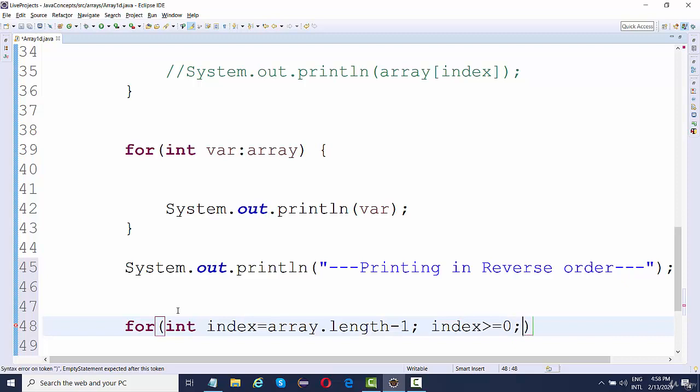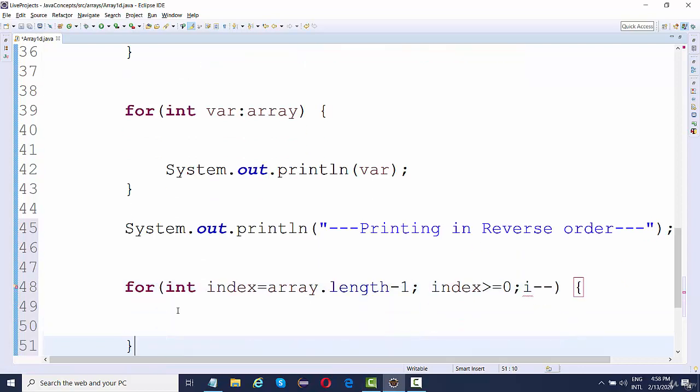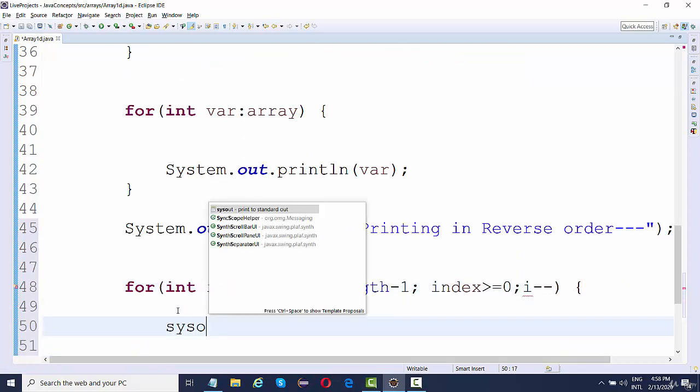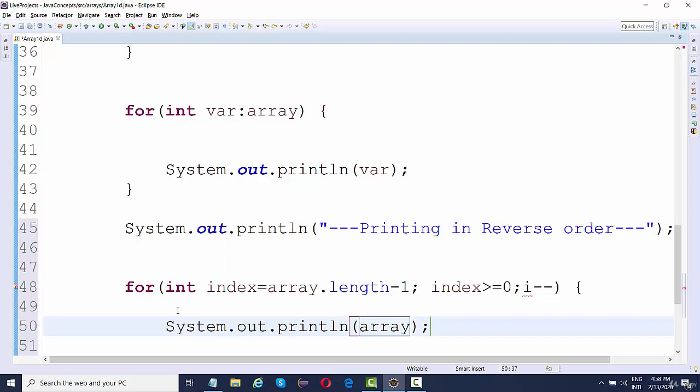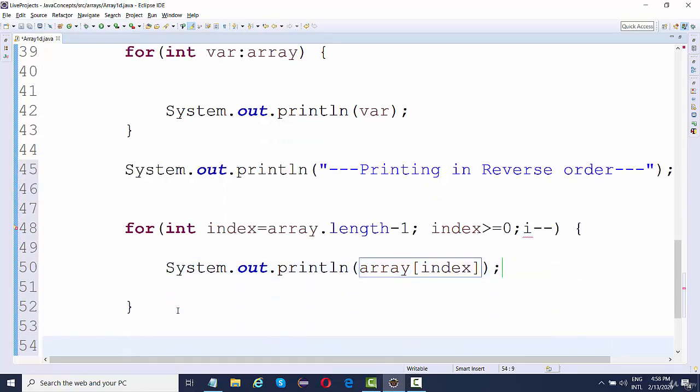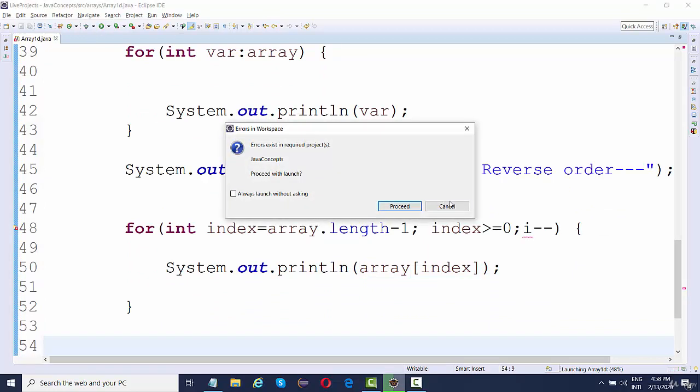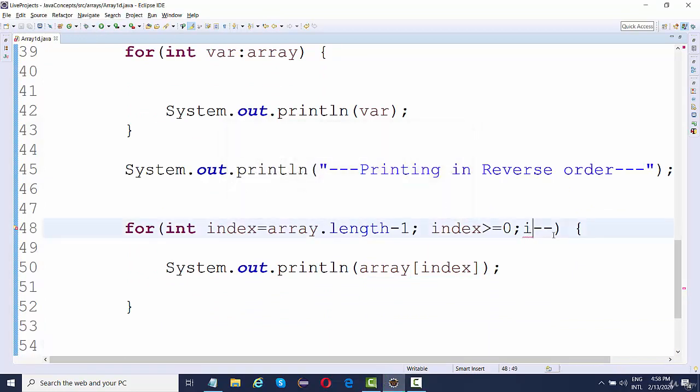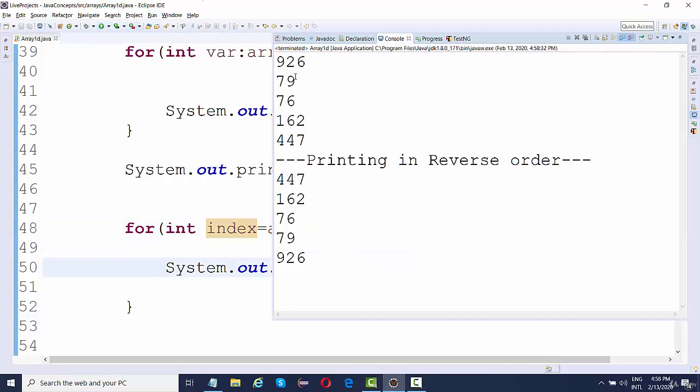And then it should do i minus minus, and inside it you're going to print array index. So if I run this now, okay, here I need to give index. So if I run this now, you're going to see this is the reverse order,